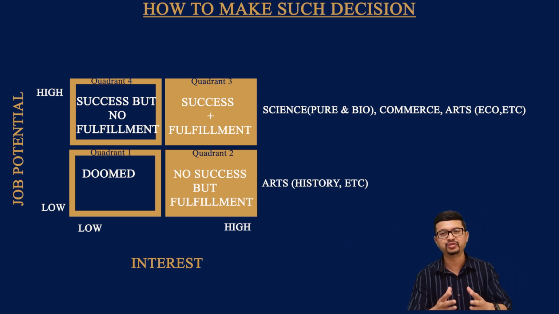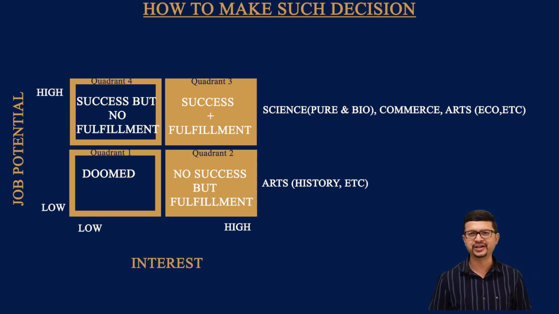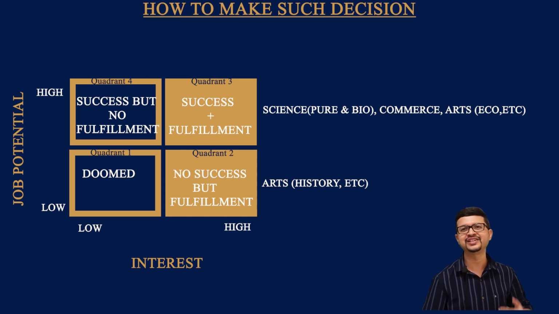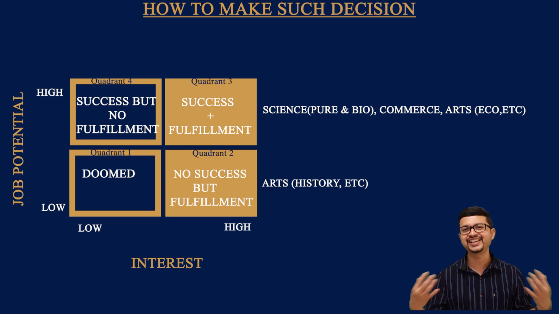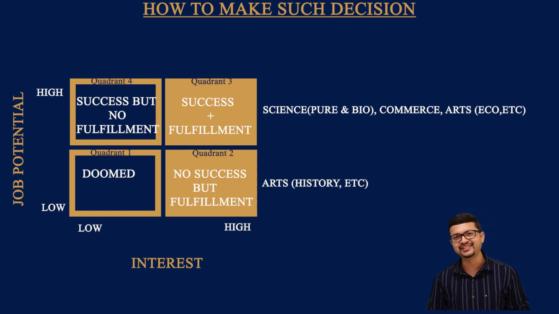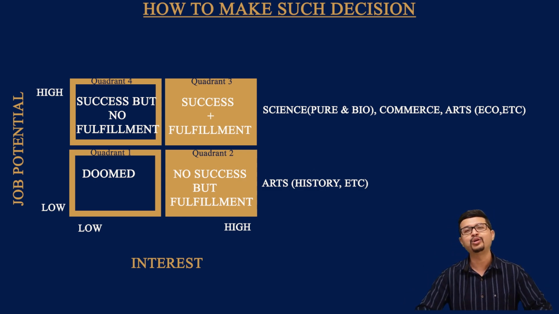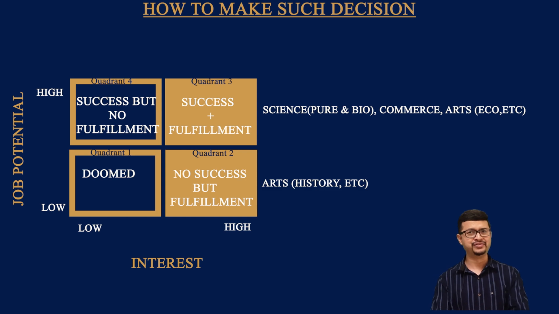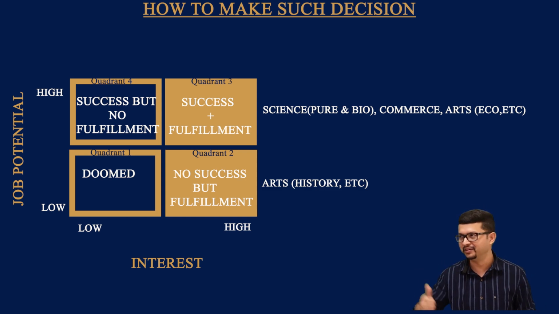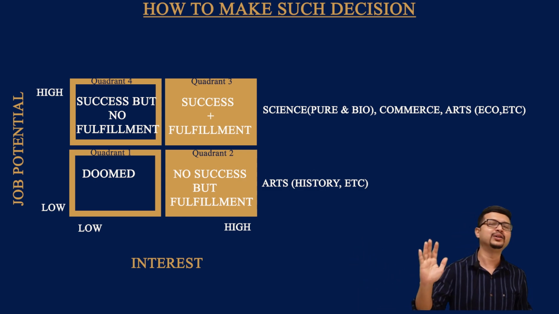Now, how you have to make a decision. Let's say you are a 10th grade student. Let's say, because I don't see a difference between you and I. We both are the same. So let's say I am facing a decision on your behalf of how do I make a choice for my class 11th. If I am interested in science, great. There's no dilemma. Science has higher prospect. I go and take science.